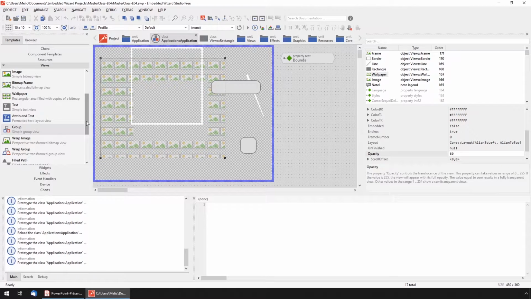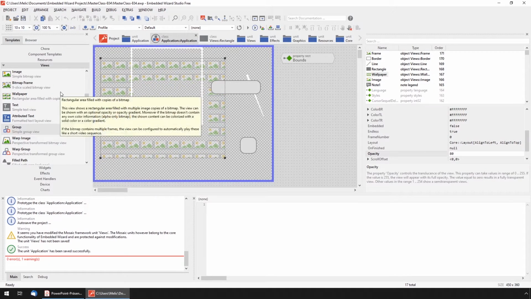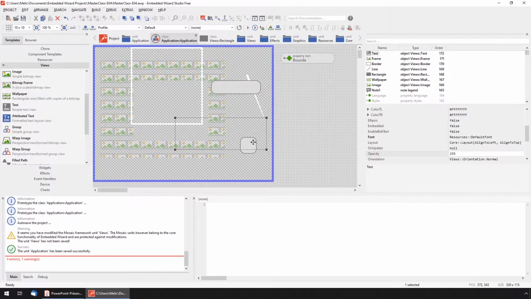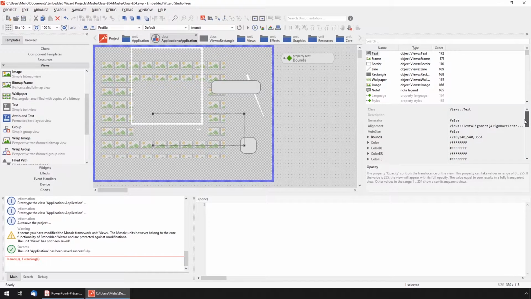Now when it comes to drawing not only images, then usually you would like to draw text elements. Text elements means that we have two different kinds of text elements. Drag and dropping them into the canvas and making them a little bigger will now render this very simple text view. However, in order to make things more visible,